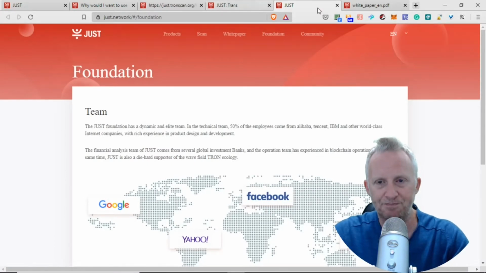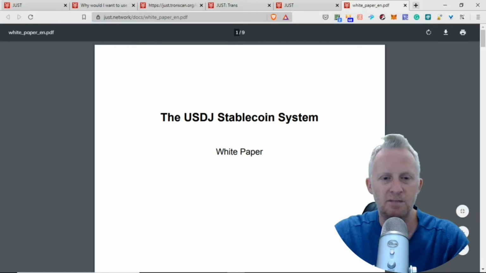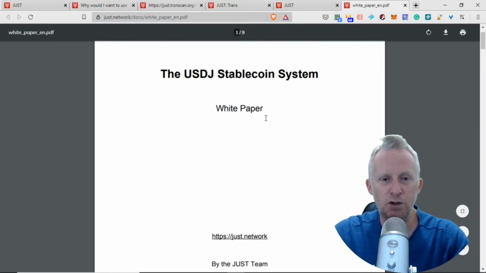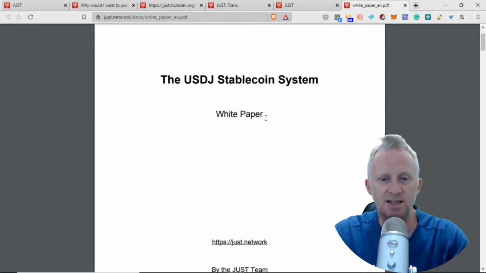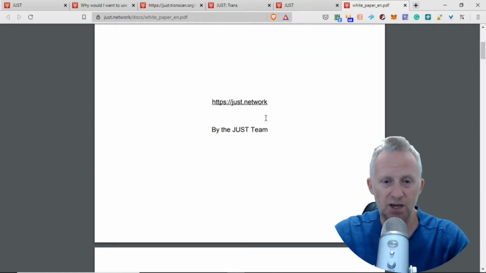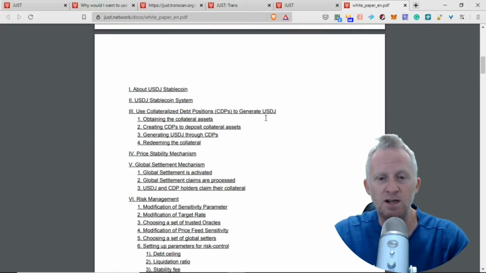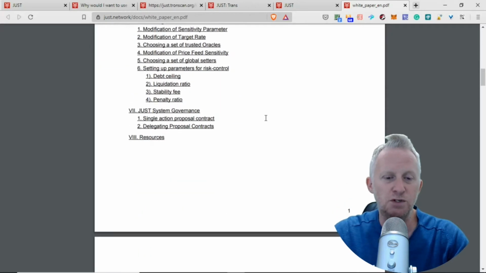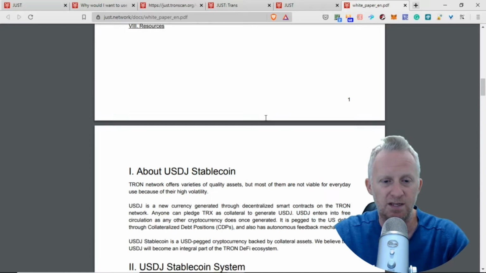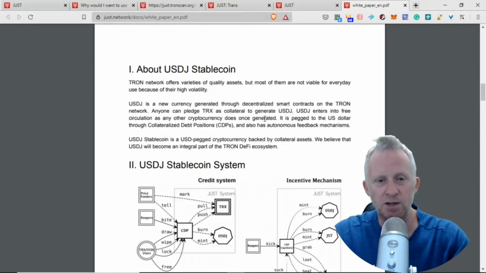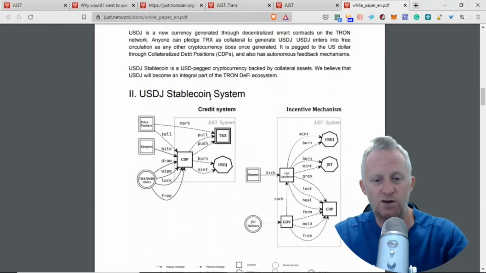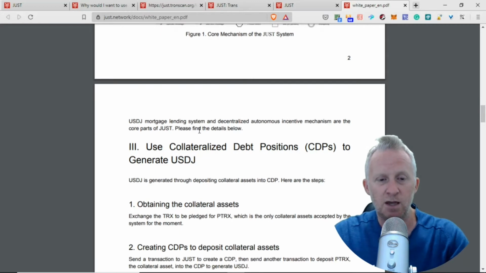And as well, I have the white paper here, the USDJ stablecoin system white paper, on the JUST network. As you can see, the white paper, I will not read it. I invite you to go see it and read it for yourself, because I don't want to spend 30 minutes just reading it. They have a description of the USDJ stablecoin. They have the infrastructure, and they explain what a collateralized